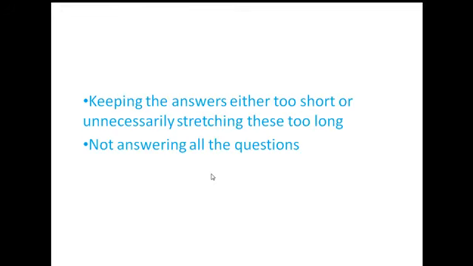To illustrate, let's say the question asked to a student is, pollution is increasing day by day in different parts of the world. So what do you think are the reasons behind it, and what can be the consequences of the same? Now, what the students do is, they listen to the first sentence of the question, they try to answer the second question, but they forget the third question and they skip that.